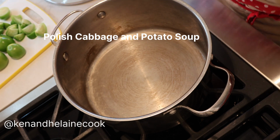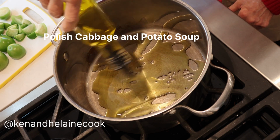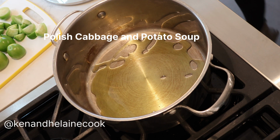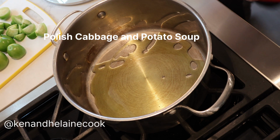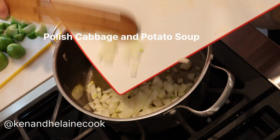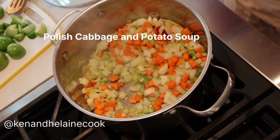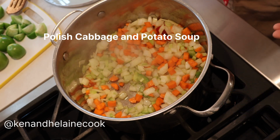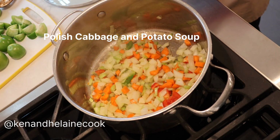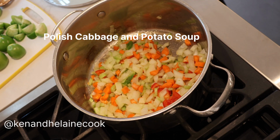So let's get started. As always, we'll turn on the stove, put some olive oil into the pot, and wait till it just gets hot. I'll be adding the onion and the celery and carrots just until they soften. Now the onions, carrots, and celery have cooked for about 5 minutes. I'm going to add a generous pinch of salt, and I'm going to add the garlic